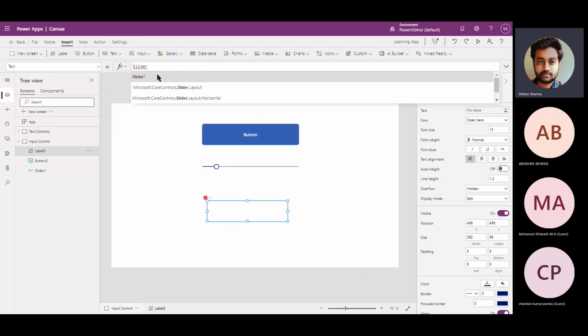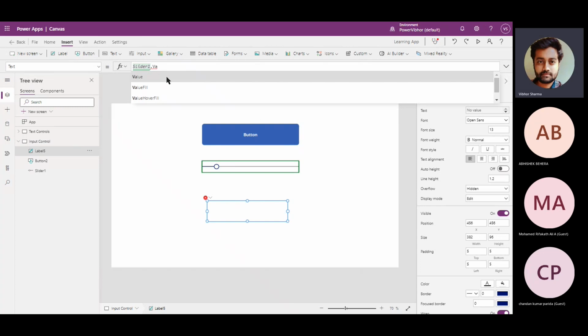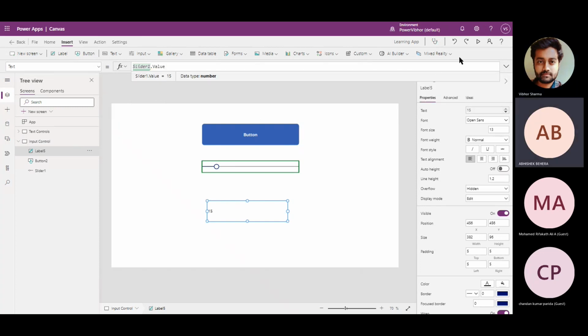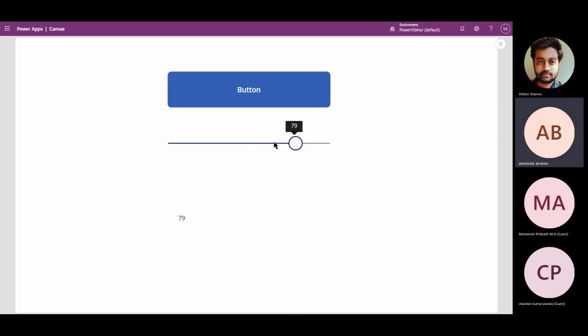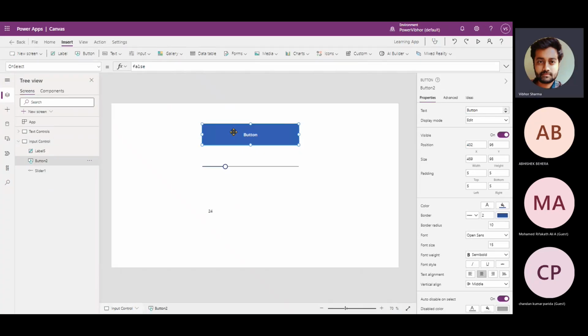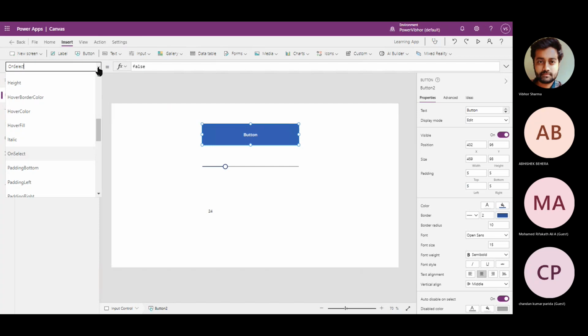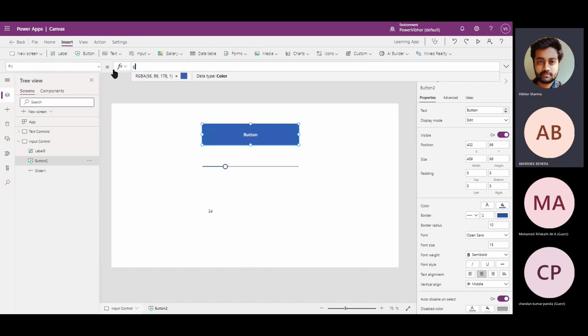Slider1.Value, right? Perfect, it is working. Now, what property of the button should I target so that its color will change? Fill property, right? So if I change fill property of the button,